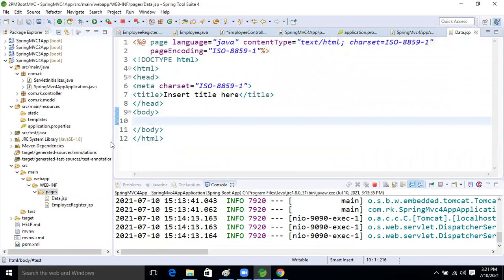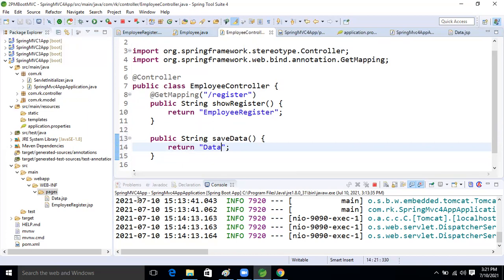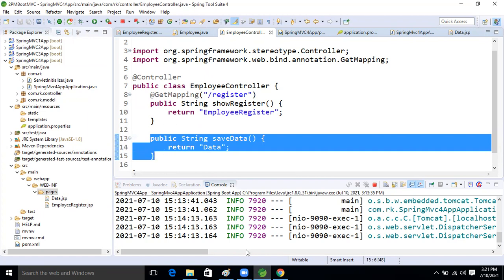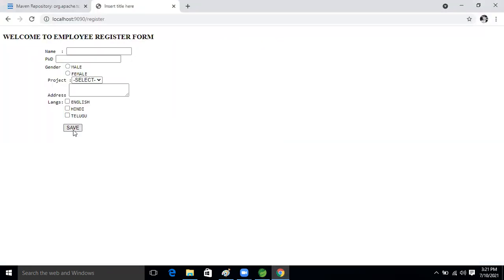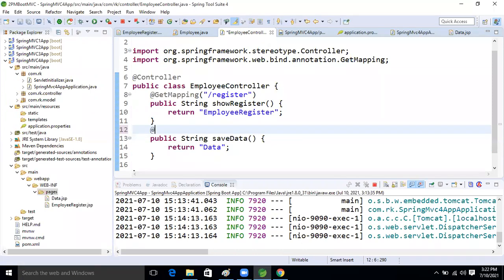Okay, fine now, guys. Come again to the controller class. What we will do now? Return that GSP only. What is the GSP now? Data GSP. Here we will specify this method, because we will send this data whenever we click on this save button. This information will come as a save format, so we need to take one as a save format. Then we apply an annotation on top of this method now, guys.